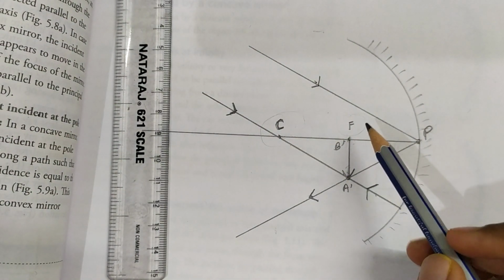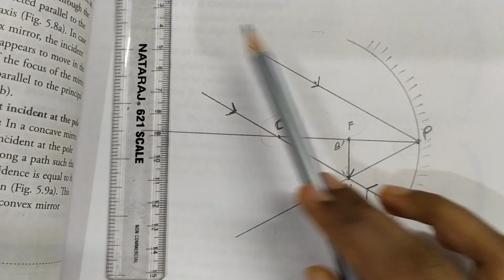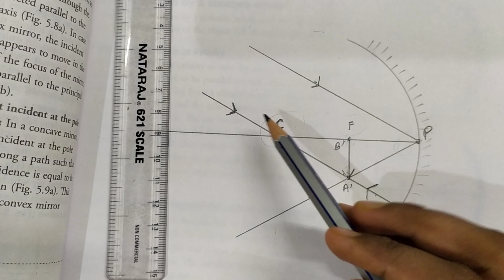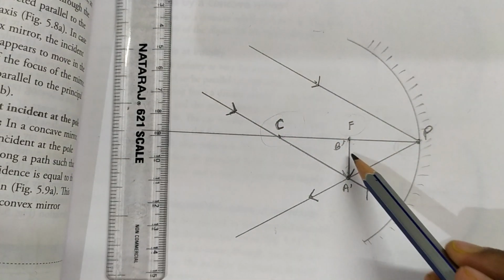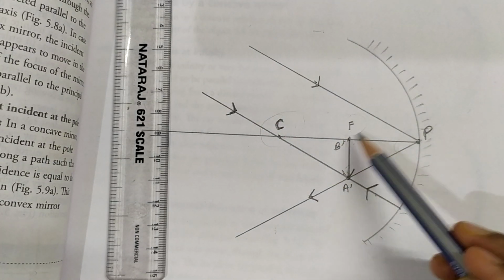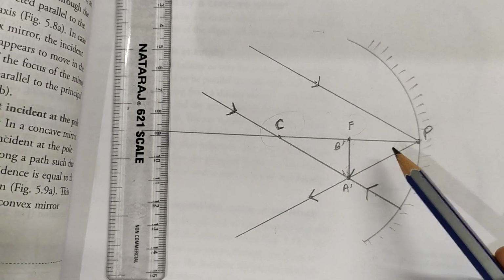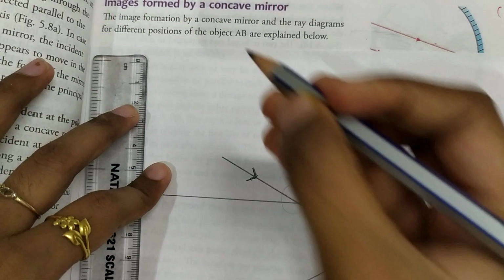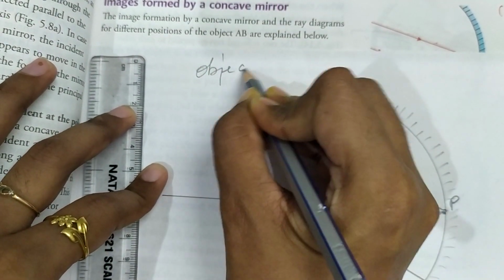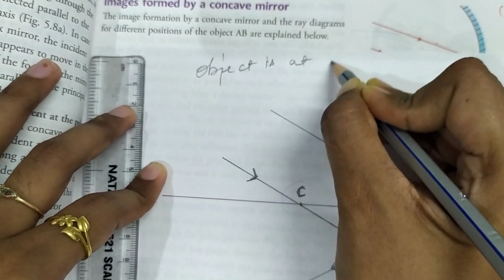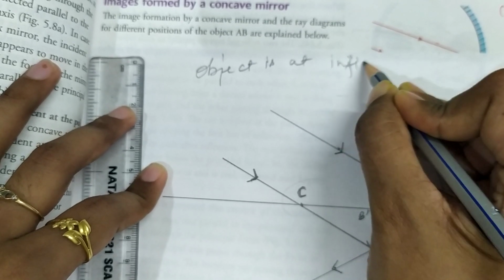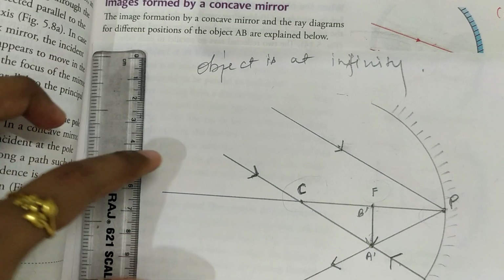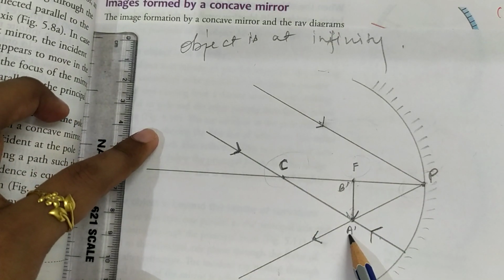And you have to remember always, beta, that whenever the object is at infinity, very far, the image is formed at the principal focus. So you have to make these two rays meet in such a way that the image exactly forms at the principal focus. So I hope children this thing is clear to you. This is your first diagram when the object is at infinity. So whenever the object is at infinity, where is the image formed? The image is formed at the principal focus.